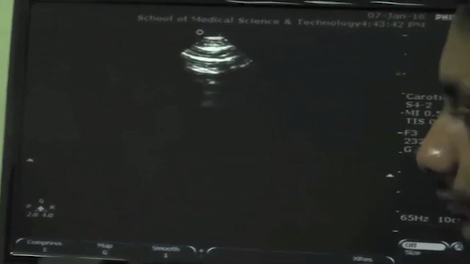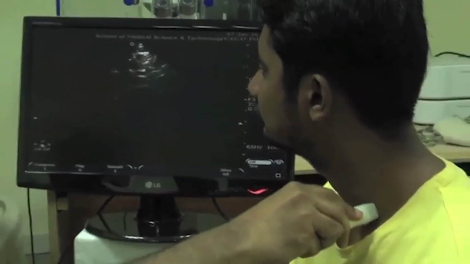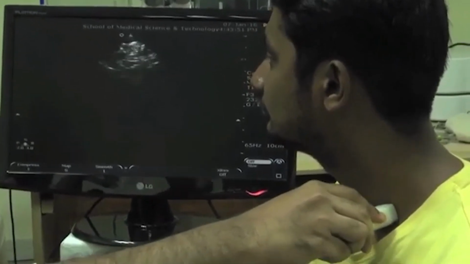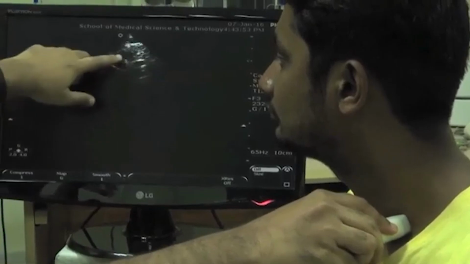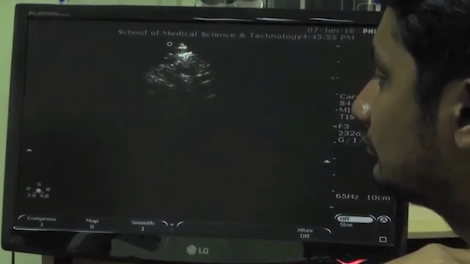So let's try to put them into actual clinical use. Let's look into Devargo's carotid artery. Now if you see over here, you would see a beating structure. This particular structure over here is the carotid artery. Now let me actually try to